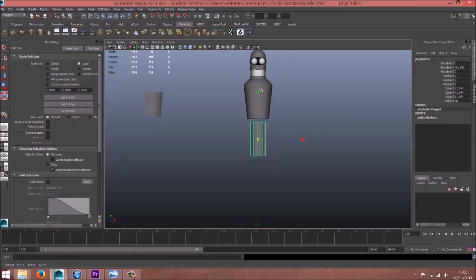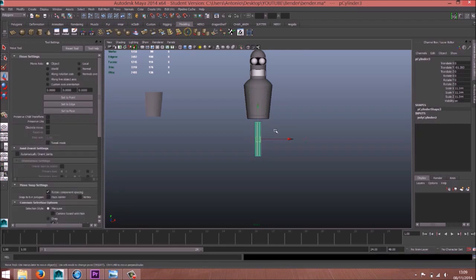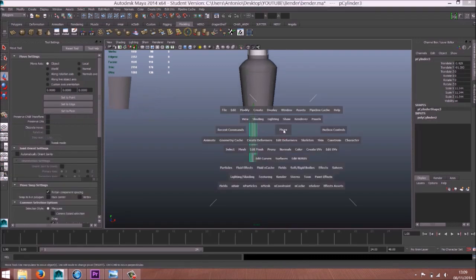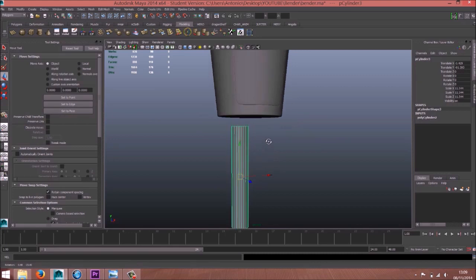Okay, of course we need a thinner one. And